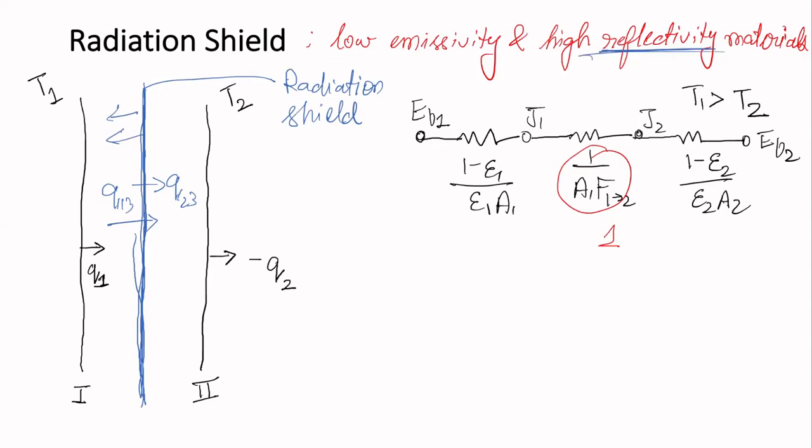Low emissivity also implies low absorption, so it will absorb less, so it will try to pass less of the flux to the second plate and will try to give it back to the first plate, and that will effectively reduce our net radiation on the body or the plane 2. And we can analyze it using the equivalent resistance concept as well.